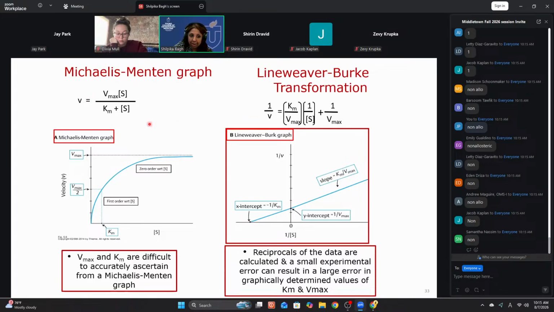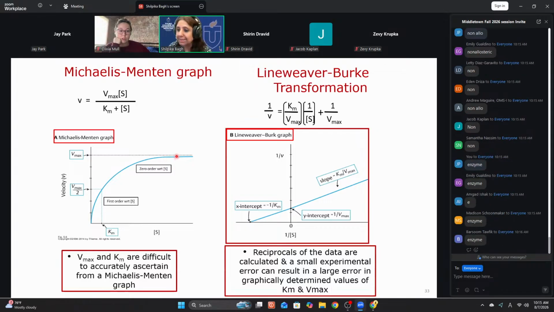First of all, you should not necessarily memorize this equation, but you should know what V0 is: initial velocity, no product inhibition. You should know what Vmax is: saturation. What is saturated here? Enzyme or substrate? Enzyme. So Vmax can only be altered by altering the number of enzymes. If Vmax moves down, you are decreasing the number of enzymes. When you decrease the number of enzymes, please know that this is saturation. Also know that in the initial part of the reaction there is a proportional change, and this is extrapolated.